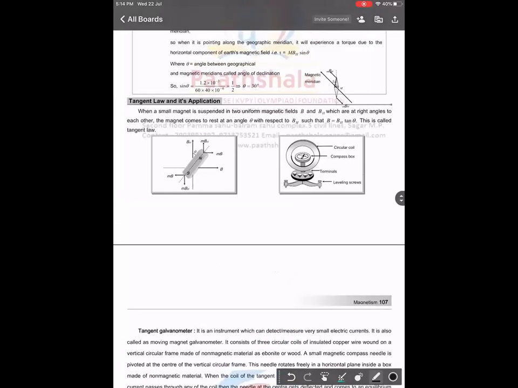Yes, this thing. What is the name of this instrument? Anyone knows? Tangent galvanometer. Yes, this instrument is very important, and I'll teach you this with the IIT batch day after tomorrow. Okay, be ready for a test. Now when you do practice from Speed Lab, you will be able to solve maximum questions. Okay, tangent law and its application is left, so in the next class we'll do it.